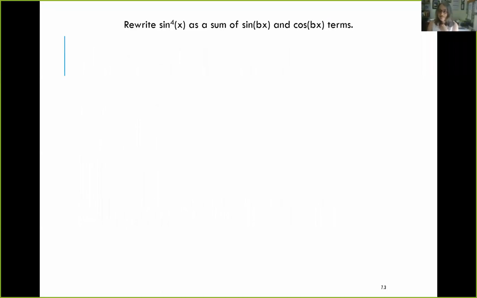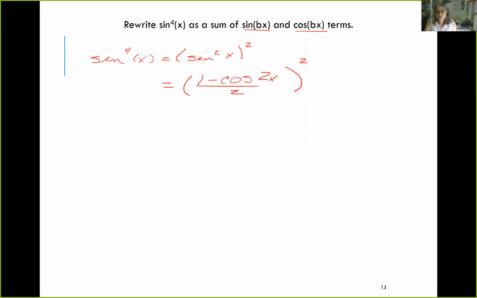So let's rewrite sine to the fourth of x in terms of sine bx plus cosine bx. So start with the realization that the sine to the fourth of x is sine squared x, squared. So let's start by applying a power reduction formula. Sine squared of x is 1 minus cosine 2x over 2, and that's squared because of the external squared. Square this and we get 1 minus 2 cosine 2x plus cosine squared 2x